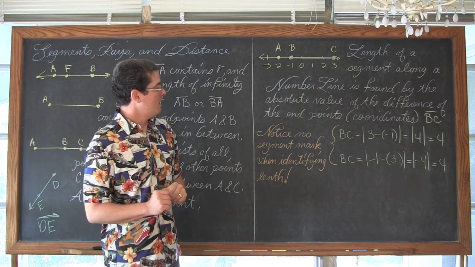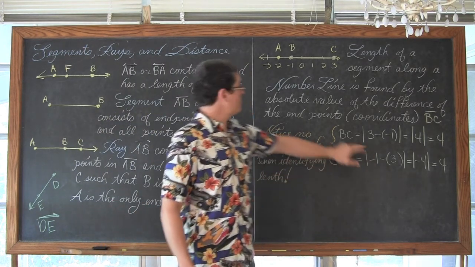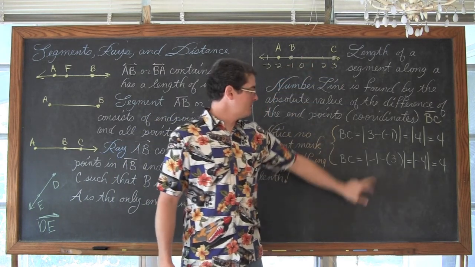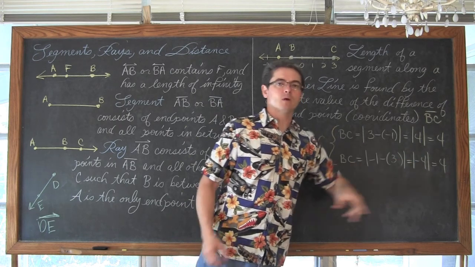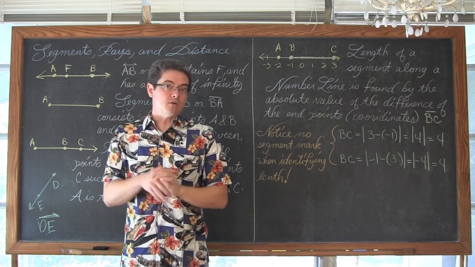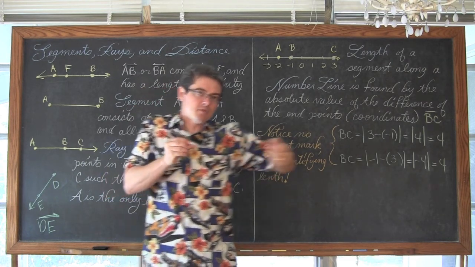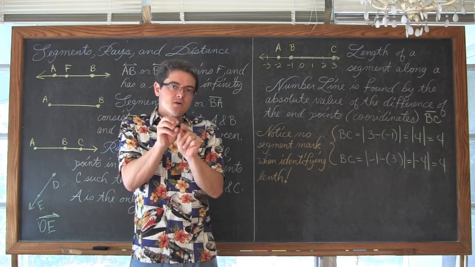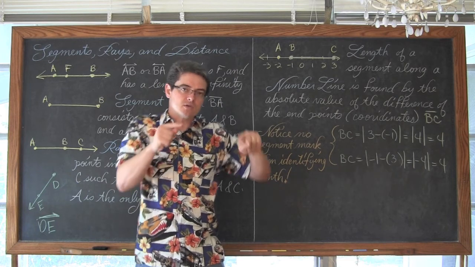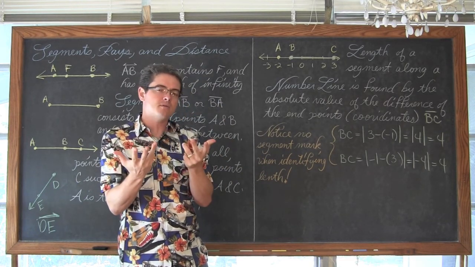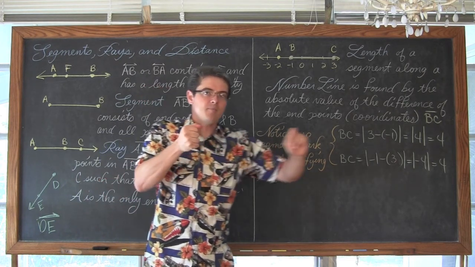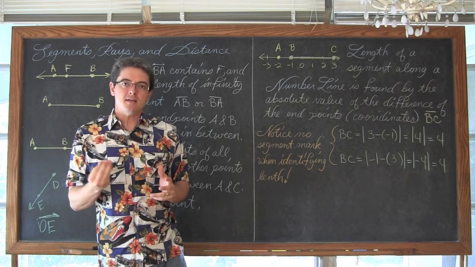If, however, I do my subtraction in the other order, -1, the left side, minus 3, then -1 minus 3 comes out to be -4. There's no such thing as a negative distance. Think of a tape measure, those metal or plastic boxes where you pull the metal tape out to measure stuff. That starts at 0, and you measure the length by pulling the tape out. There are no negative numbers on that tape measure, and you can't make it spool inside of itself. That's not a measurement, at least not for length. So when you pull that tape out, you get positive lengths.